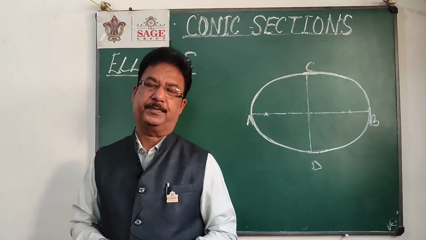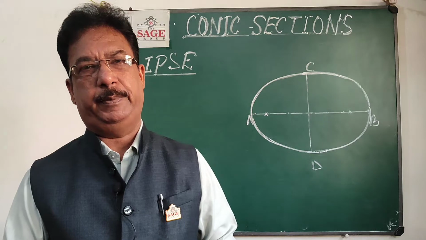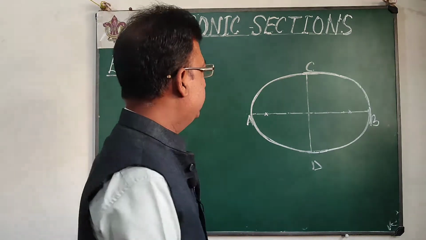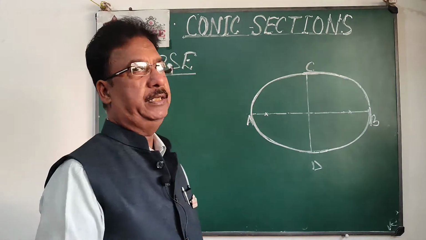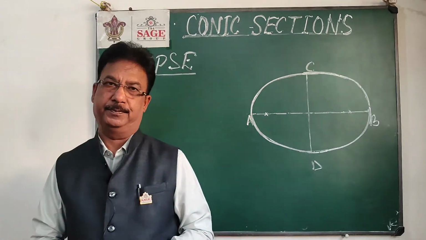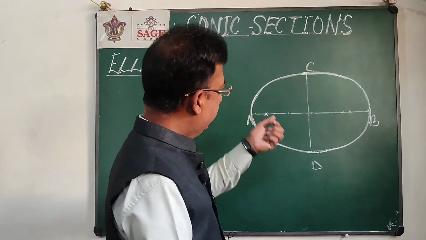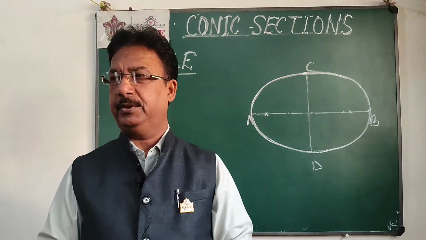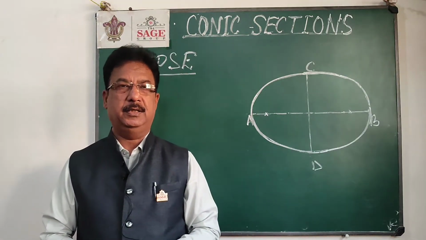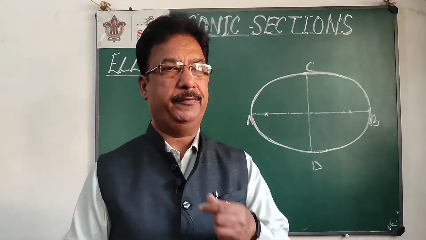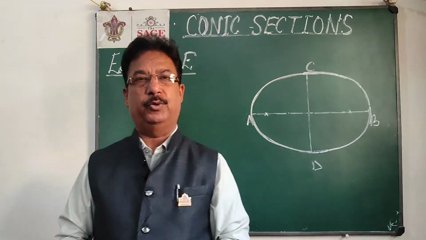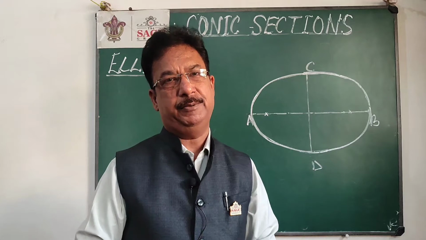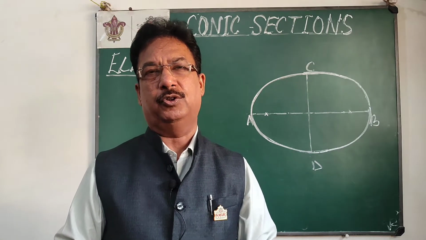Hello students. Once again here I am with another lecture on engineering graphics, the conic section, and this time in the conic section I am going to discuss an ellipse. This is just an ellipse I have drawn freehand. If we want to define an ellipse, it can be defined as the locus of a point, as we earlier defined the conic section in the form of a locus. This time I am going to define the ellipse with the help of a locus of a point.